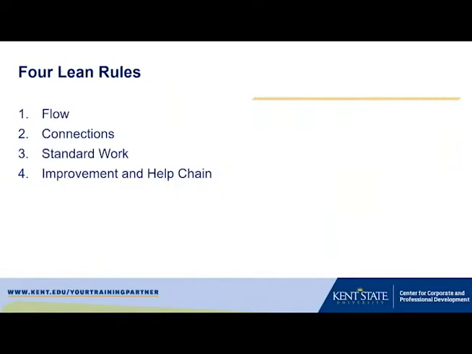So now we know what true north is. We know what we're talking about in lean, reducing variation, reducing waste, reducing overburden. And we understand value and waste in this true north condition. How do we go about getting there, getting closer to it? And these 4 lean rules look really simple, but those are really this fundamental level of aspects that are required, and these are really called the Toyota production system in some textbooks, but it's these basic conditions that should be in place.